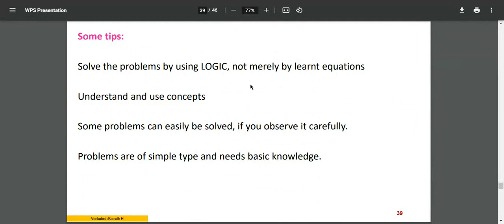Okay, so where I was, page down. Some problems you can easily solve; you just require observation. Whenever you come to a mathematics related problem, don't leave it like that. It will not be a complicated problem. Again, I'll repeat, it will not be a complicated problem. There will be a trick involved within it. Try to identify that trick. Very simple one. The minute you catch it, you will get the solution, and there will be only one solution. So that easily you can solve. The only thing is, observation is very important.